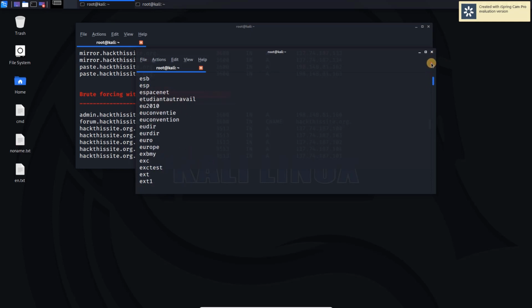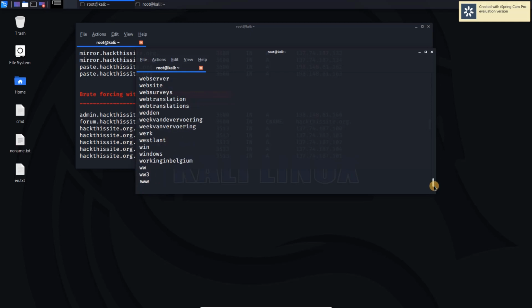For example, it may try ftp.hackthisSite.org or g.hackthis or g01. It will brute force all these subdomains under this name, and if it finds one, it will show you in the list.